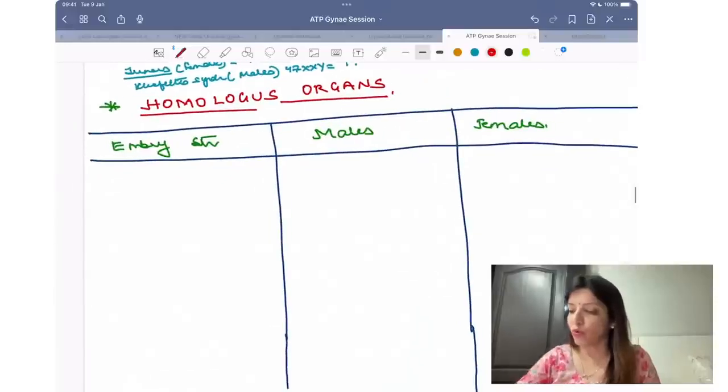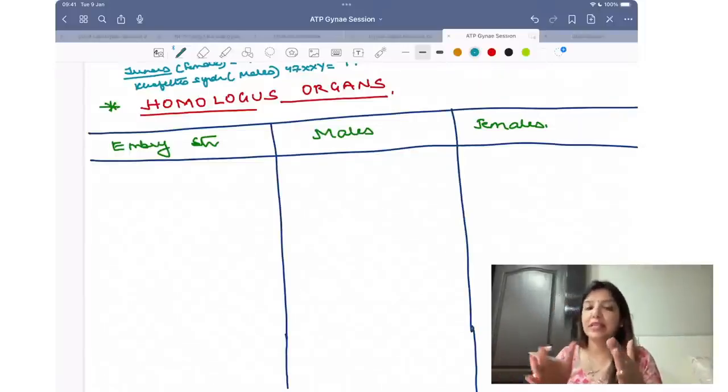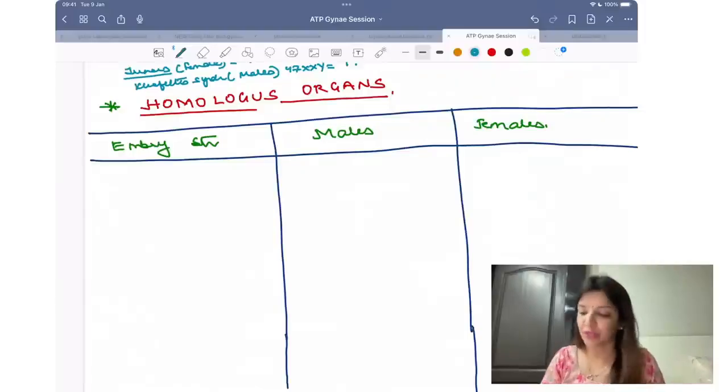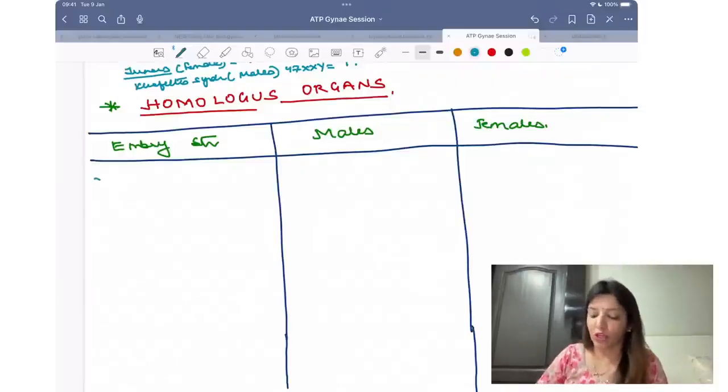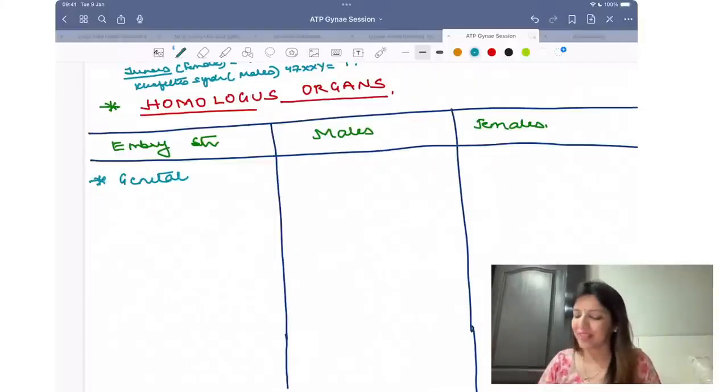Then comes homologous structures. Homologous structures are those structures which develop from the same embryological origin, right? So if the embryological structure is genitals, just hold on, this has gone out of my mind. Genital swelling, genital folds and